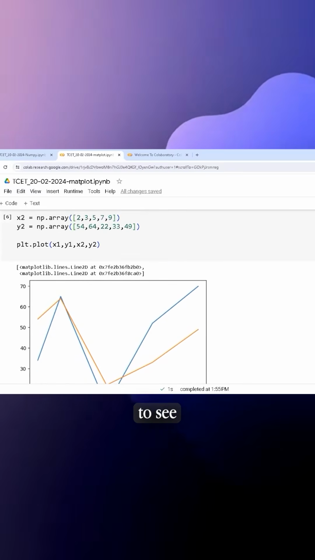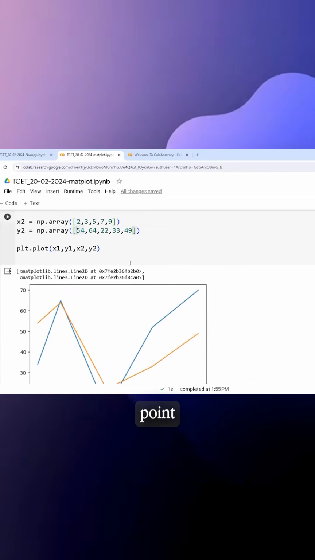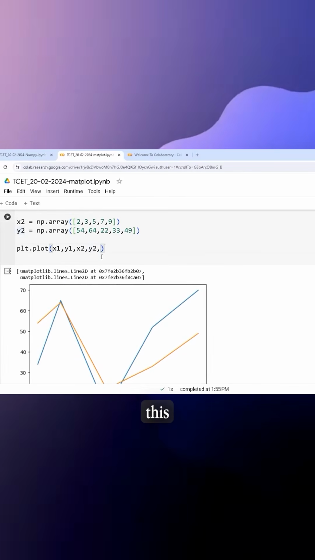Now if you want to see the points, the markers, you're not exactly able to see which point is marked, meaning where exactly the point is, that point is not visible. So what you can do, okay, I hope everybody is listening up. Please make sure you're listening. Please don't do anything else.